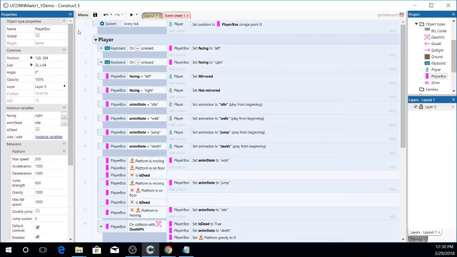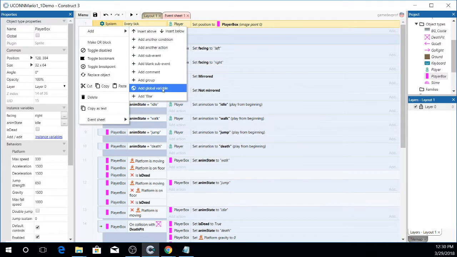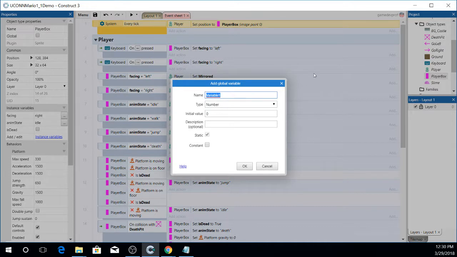To do that, I'm going to just right-click on the light gray area in the event sheet and add global variable. This variable is going to be called player HP. Now, the player HP is 0 for death, 1 for little, 2 for big, and there are some times when the player might have 3 hit points. That might be when they have a special ability, so you might mess with this later, like a fireball or tanuki or whatever if it's in the later games. So our initial value is 2,